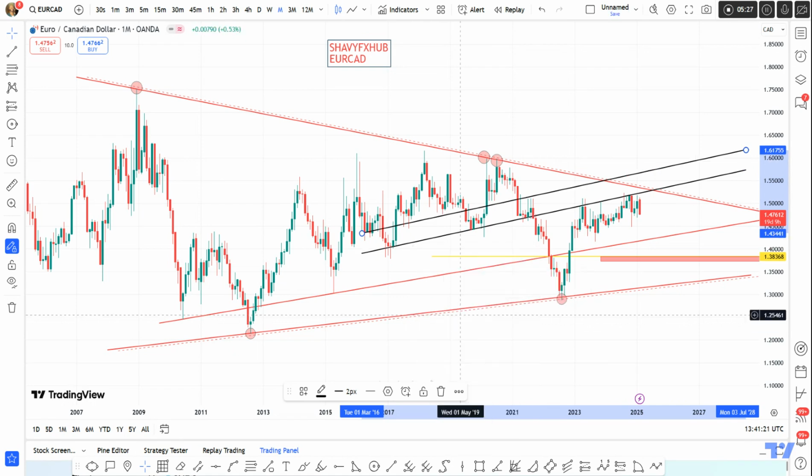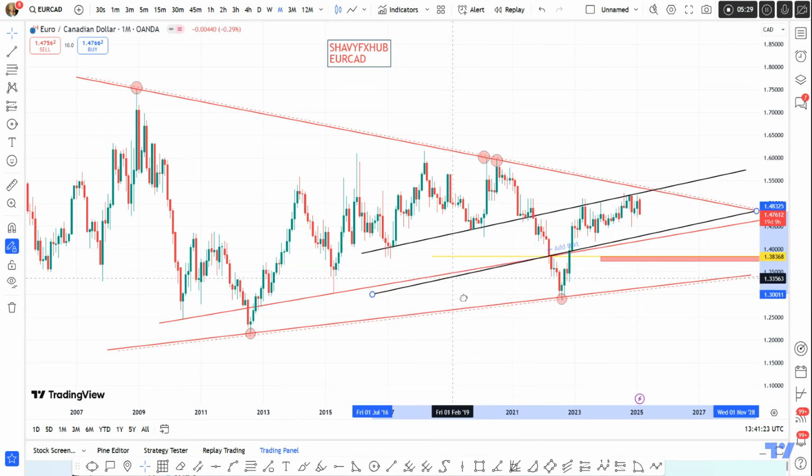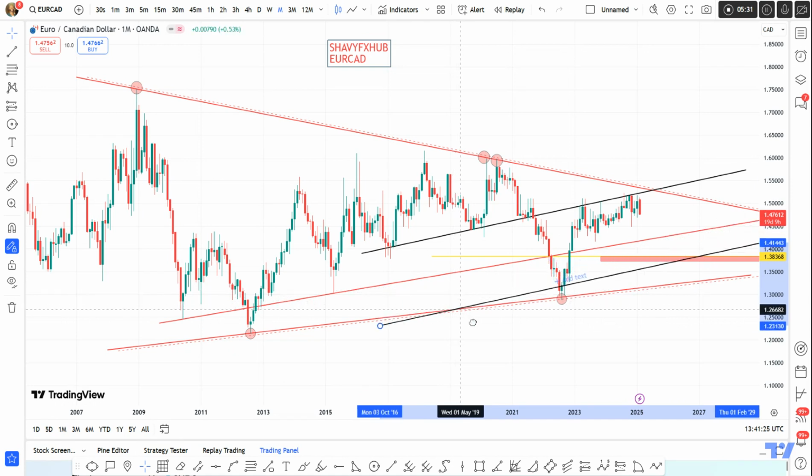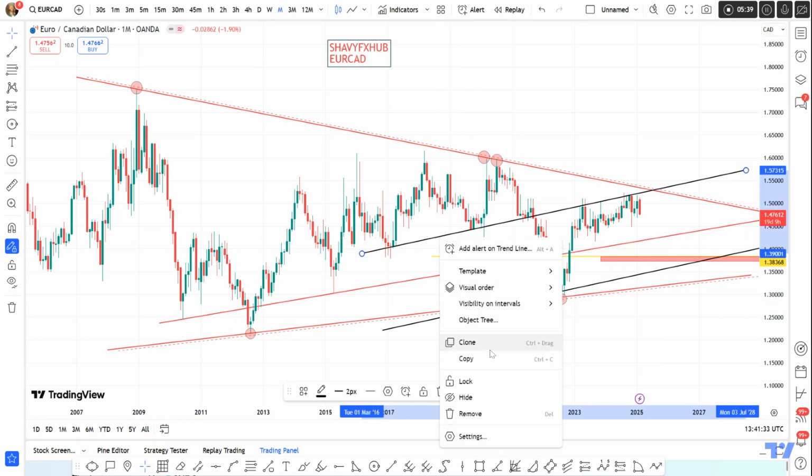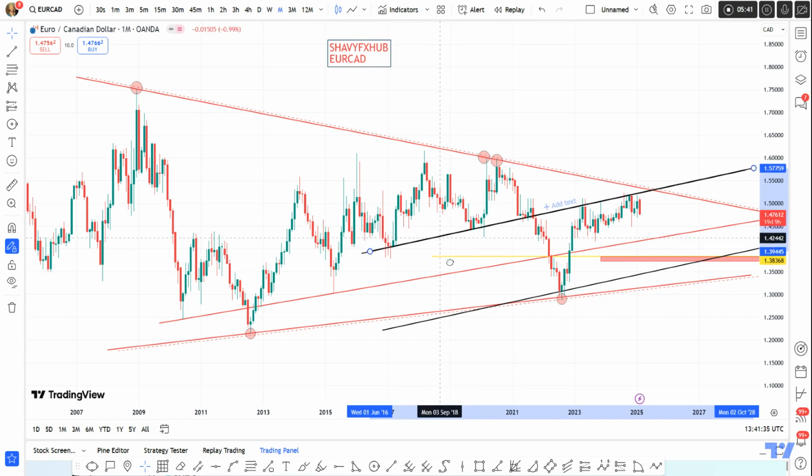And with the fundamental data on Friday coming in with a reduced unemployment rate in Canada, we could potentially see the Canadian economy bracing up for a big economic shift. So it's more to watch what BOC is doing, and we believe that this structure is valid. It's valid till end of May. It's a valid structure. So you can see what price has done after updating here